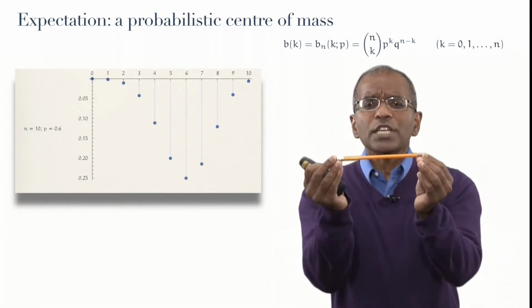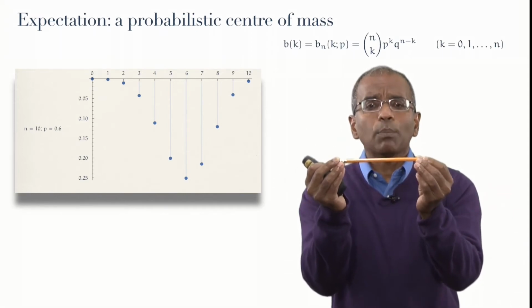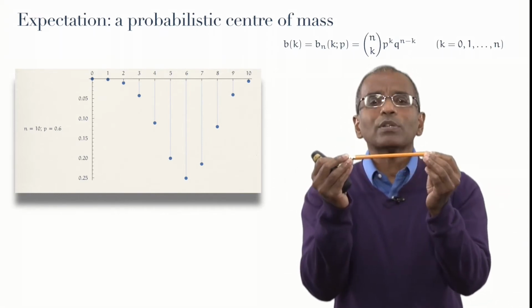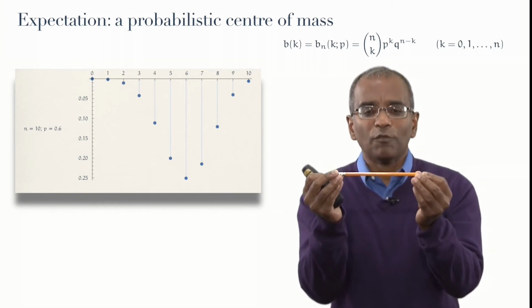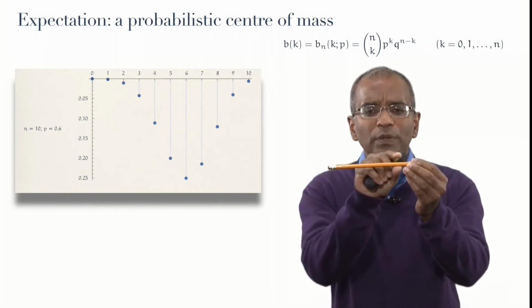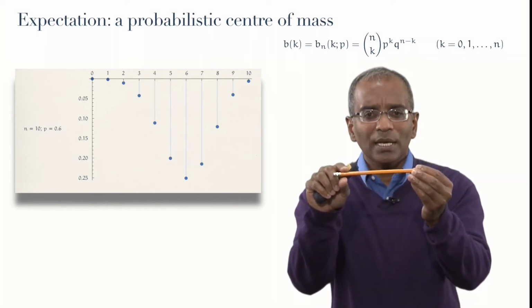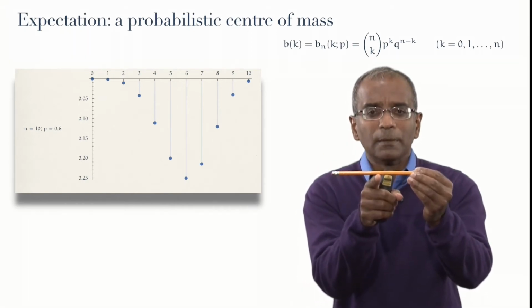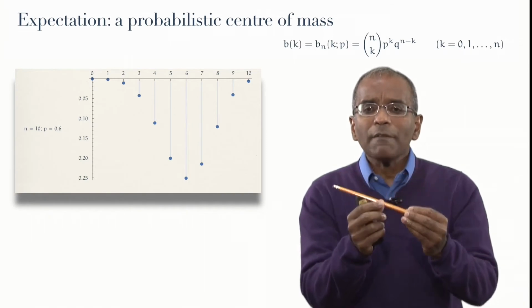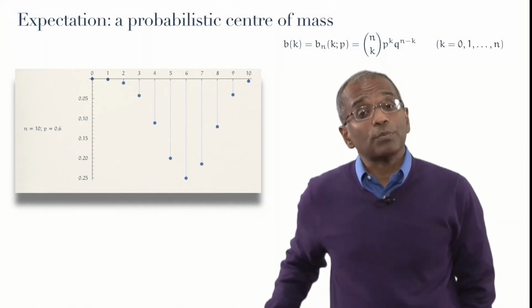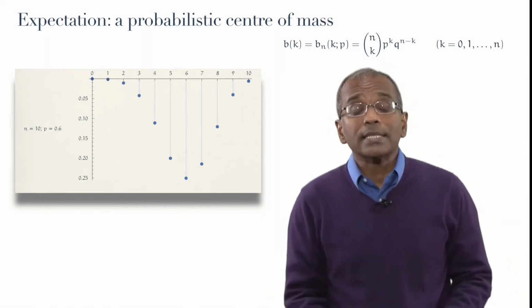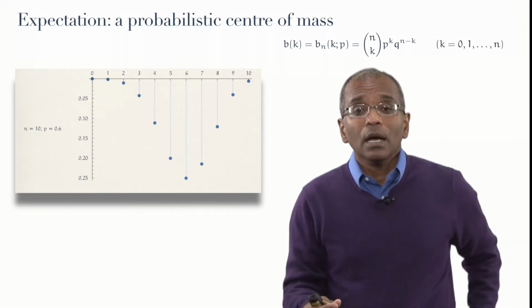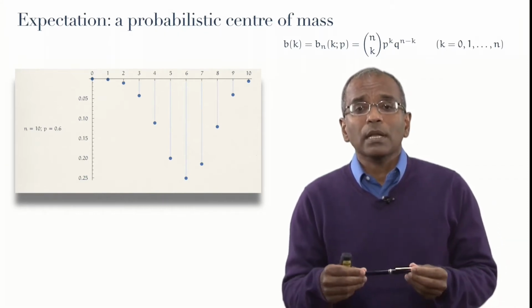Now, think of a seesaw. Where would the point of balance be? Where would the fulcrum be? That is the center of mass. And in a situation where the mass is evenly distributed, the center would manifestly be right in the middle. But if the mass were unevenly distributed, as is the case in your figure, then one has a setting perhaps like this,